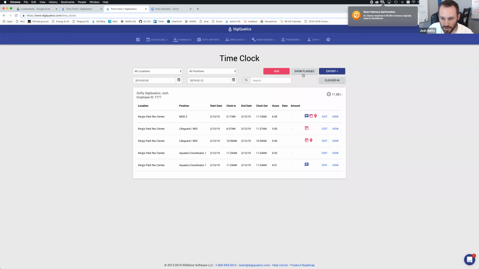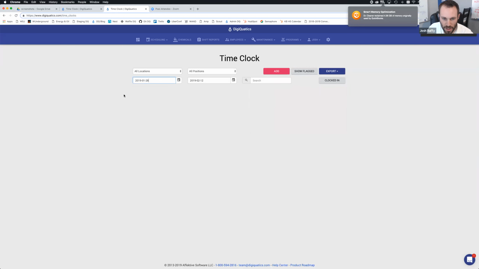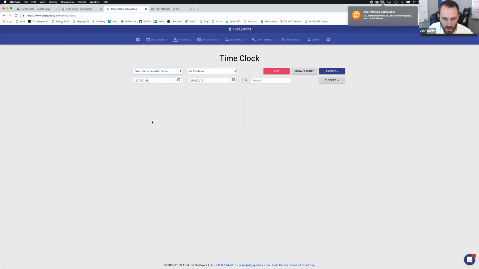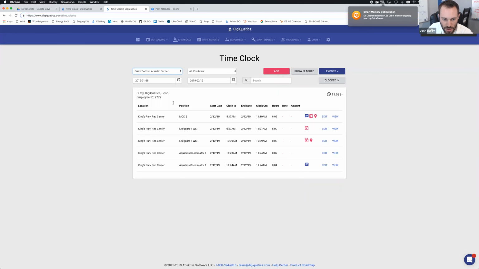So you can filter just the flag time clock so that you can resolve those as needed. You can filter the date range however you'd like. So if you want to look at a 2-week timesheet period, you're more than welcome to expand this date range. You can group all of your time clocks by location and by position. So if you want to look at all of your time clock records for one of your many locations, this